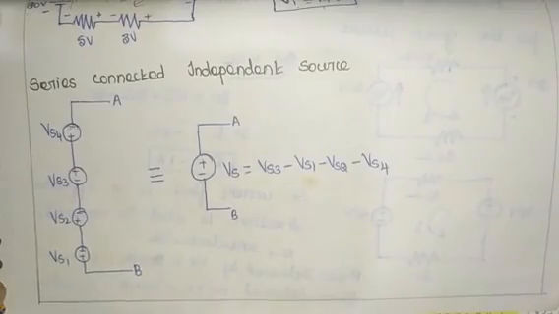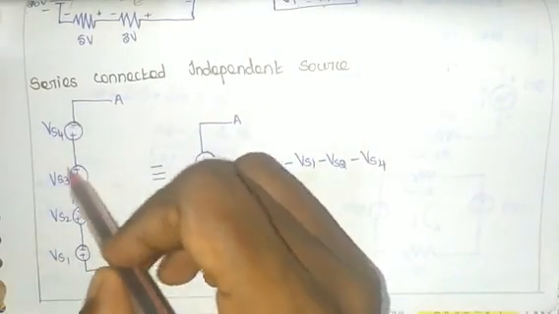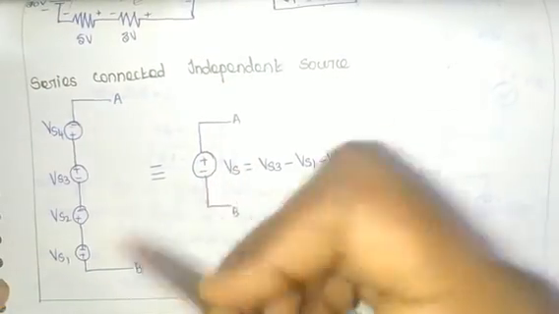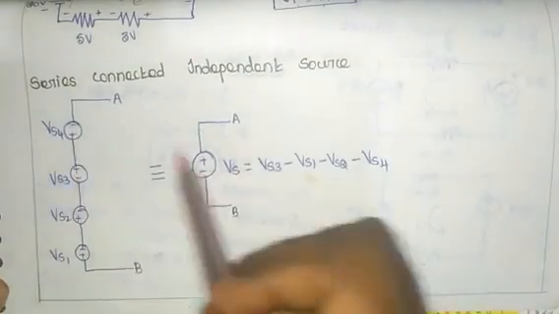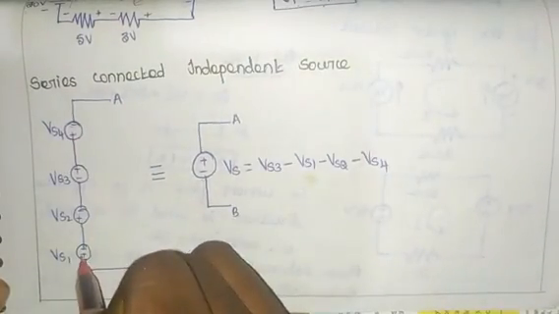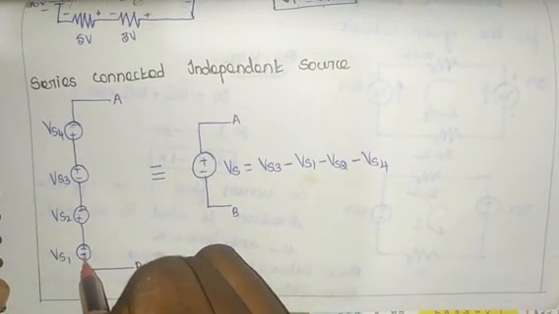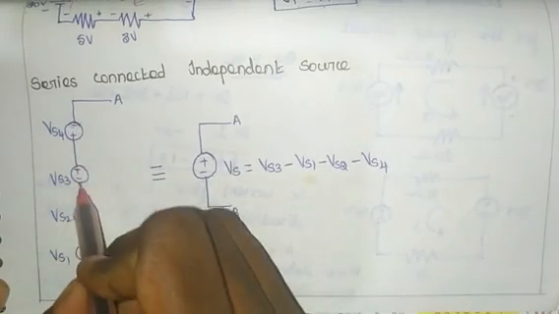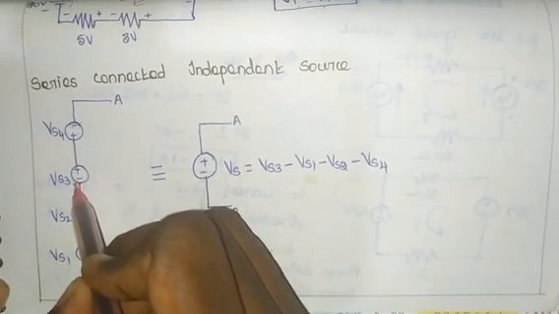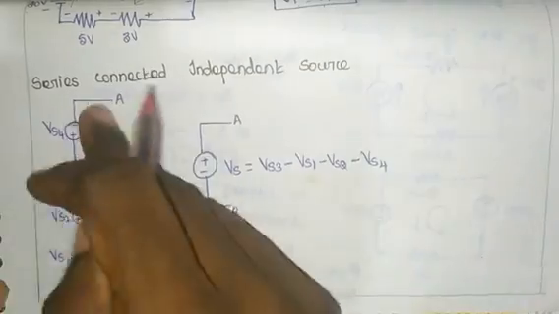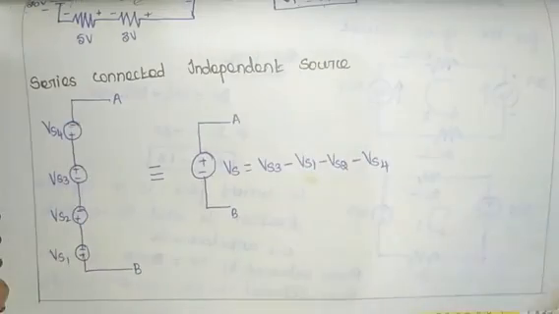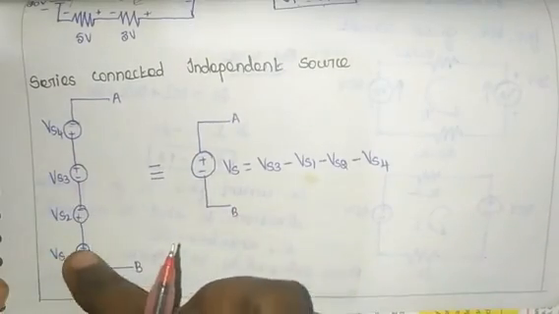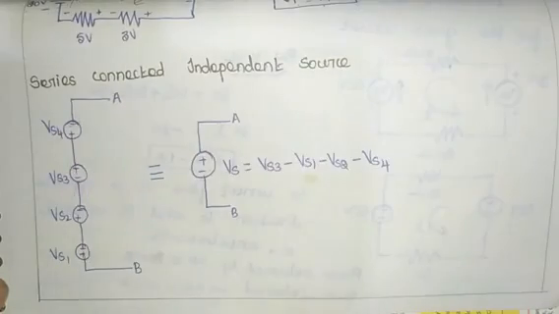We find the application of KVL here. If a number of voltage sources are connected in series, they can be converted into a single voltage source like this. We can add up all those values, but the terminals should be remembered. So here it is plus 2 minus, plus 2 minus, minus 2 plus, plus 2 minus. The minus 2 plus voltage source should be considered as positive. All the other 3 should be considered as negative. So Vs is equal to Vs3 minus Vs1 minus Vs2 minus Vs4.